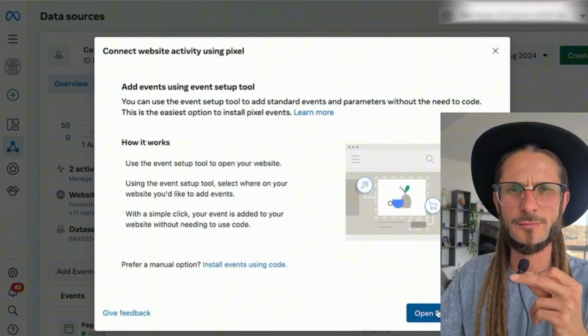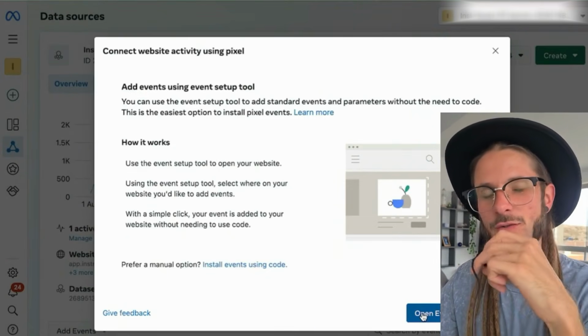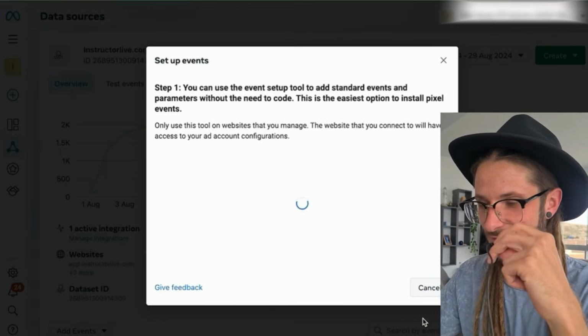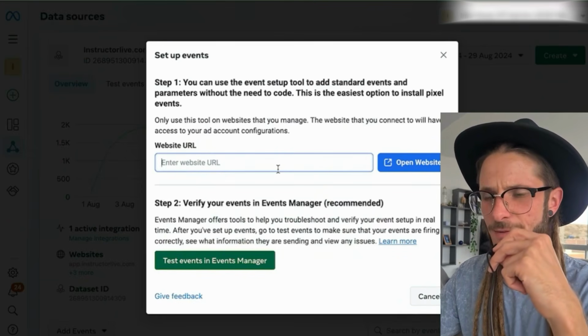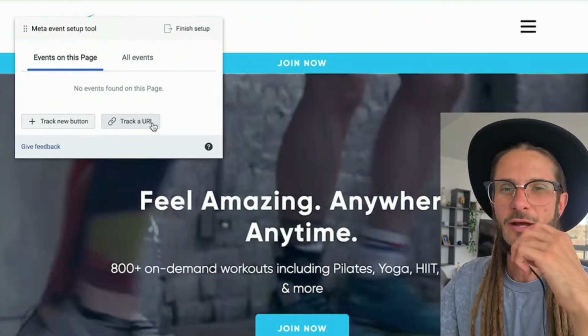So I'm just going to give you a quick example here, guys. I'm just going to open up the event setup tool, okay? And I'm going to show you a demonstration of how to set this up so you can set up the pixel events first, okay? So first of all, we're going to open this up and we're going to open up the website. And here we can see on the website, on the main homepage, we don't have any events